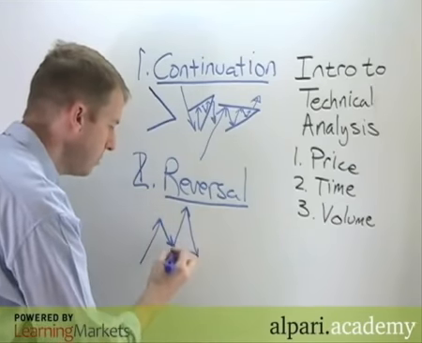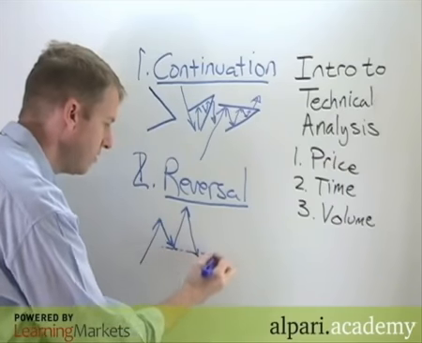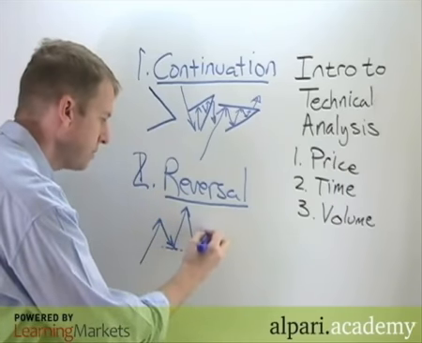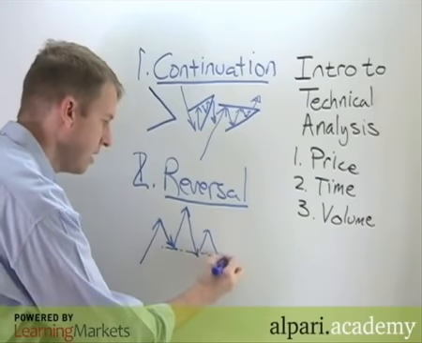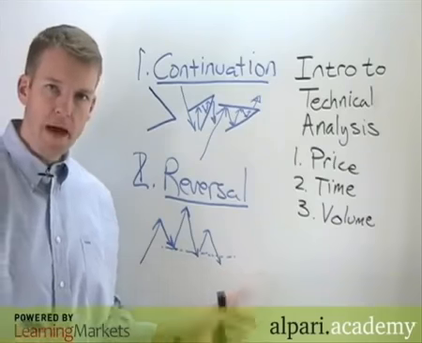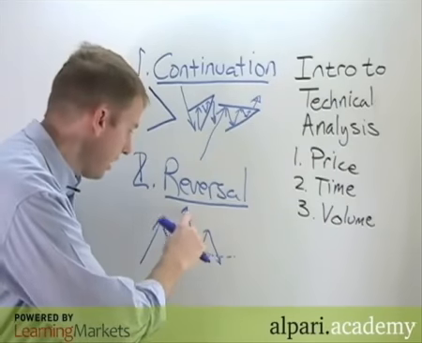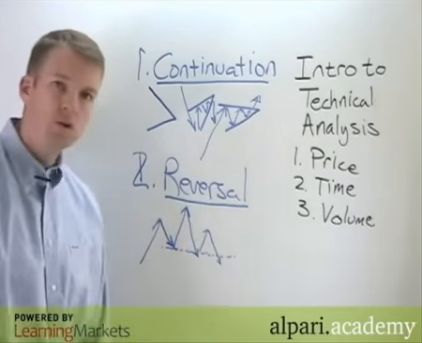Again, we correct down to maybe approximately the same level as the previous correction. And we pop up again to another lower top. And then we get back down again to this same level. This is called a head and shoulders pattern. You'll notice that if we imagine there's a little head right there and shoulder one, shoulder two,